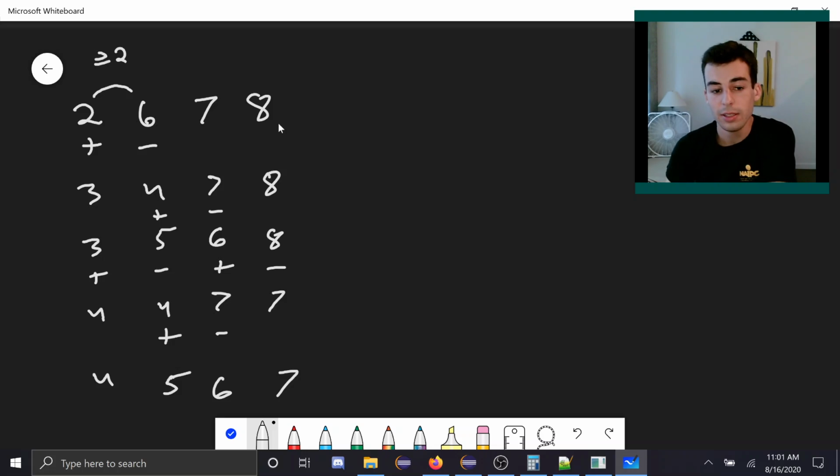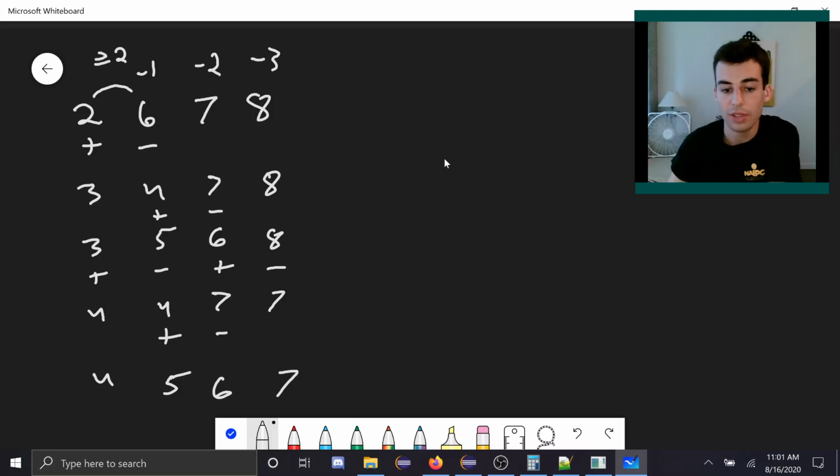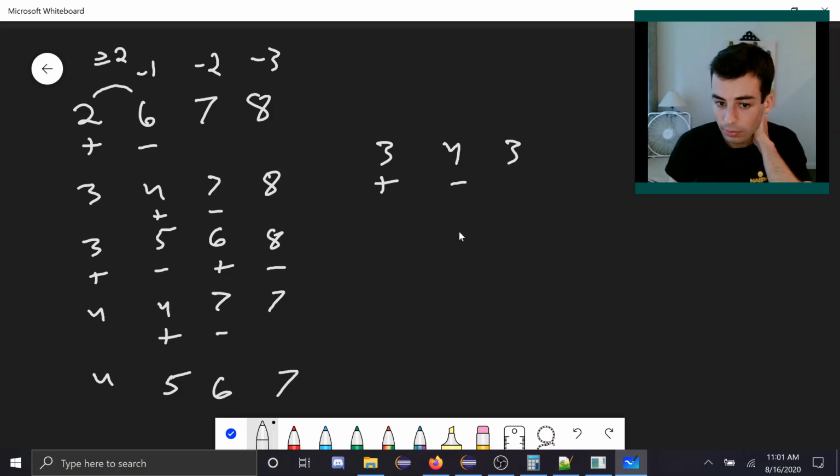The first one is we can kind of imagine subtracting 1 from this position, subtracting 2 from this position, subtracting 3 from this position. I think that makes the problem easier to think about. If we do that, now instead of the constraint being the adjacent difference has to be 2 or more, it's just these numbers have to be 1 or more apart. In other words, if you have a 3 and then a 4 and then a 3, for instance, you modify it by adding 1 here, subtracting 1 here. So if we've transformed the problem by changing these numbers in this way, now we can imagine everything